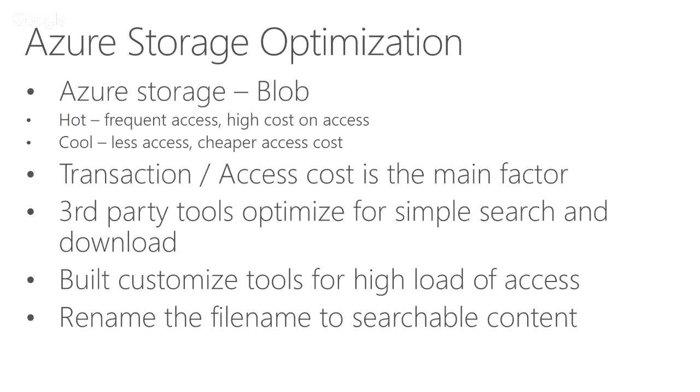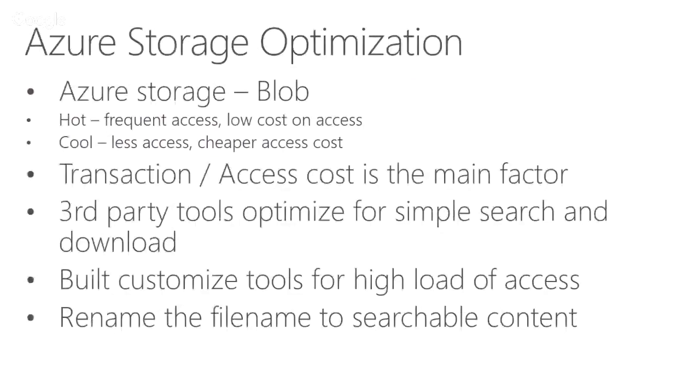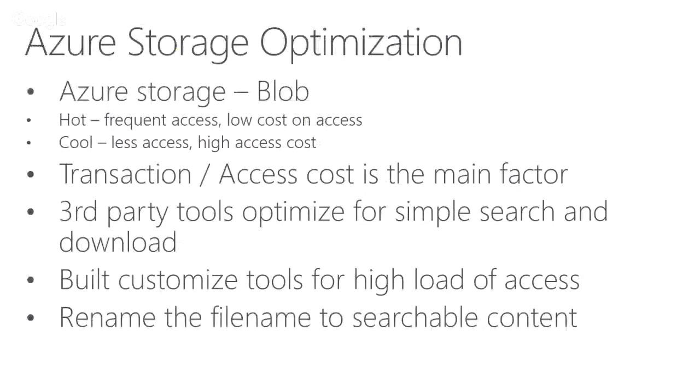Hot was introduced in recent years and talks about frequent access. Basically, it means that, sorry, I think there's a typo there. It's supposed to be low cost on the access. Right. If it's a cold one, that means you access it less, but when you try to access it, it can be more expensive. So there are hot and cold in this case, right? But you have to pay more when you start with the cold and the hot one. I'll explain a bit how it works.